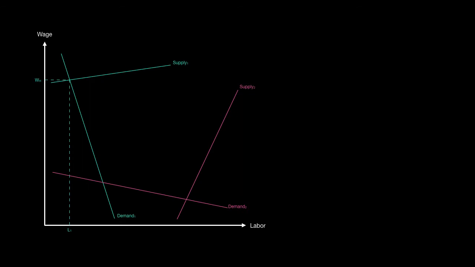With the labor supply, there are many, many people in the fuchsia supply curve who could do this job, and they have a very narrow skill set. So they have a very, very inelastic supply curve of their labor services, and they're far to the right because more people can do it, and they're therefore going to have a much lower wage than somebody in the teal supply curve, who again has a very, very unique skill set. It's highly valued, and they have many, many alternatives. So if you try lowering their wage just a small bit, they'll go find something else somewhere else, and that's why they have a more elastic labor supply curve.